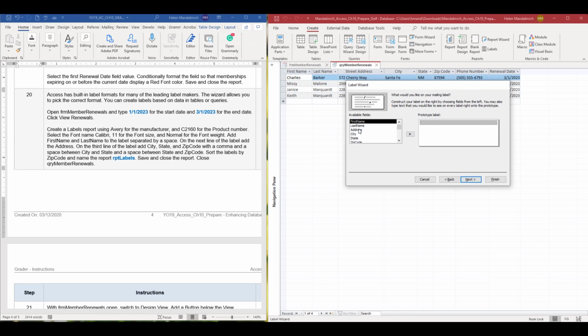Okay, next we want first name, space, last name. Then we need to go to the next line, so I'm going to hit enter. We're going to do address, enter, city, comma, space, state,